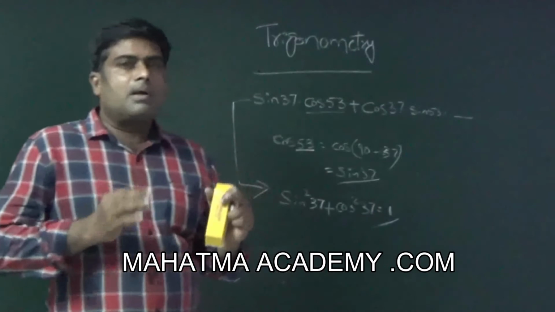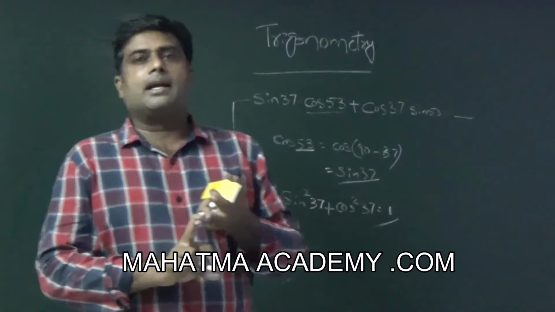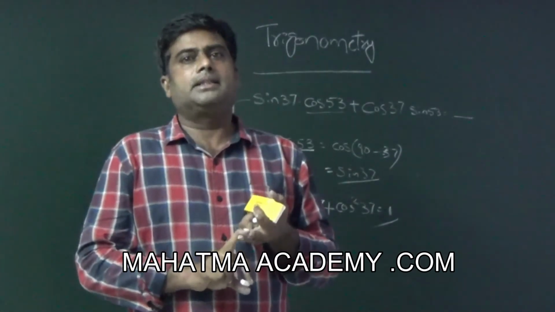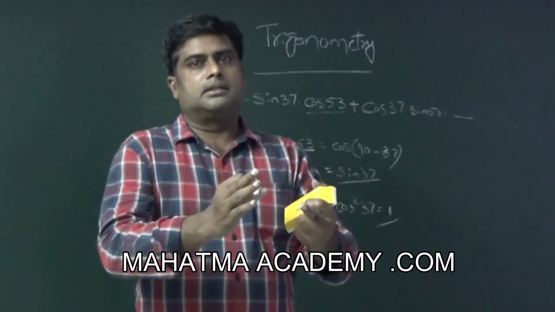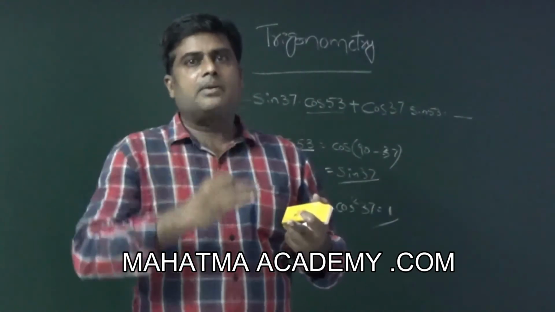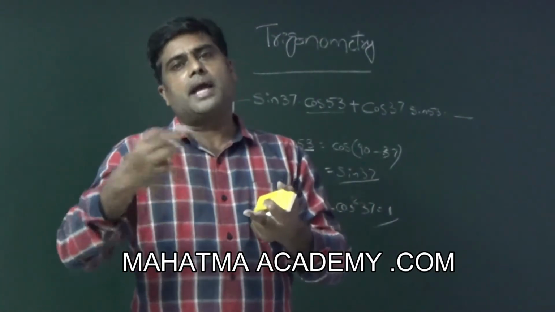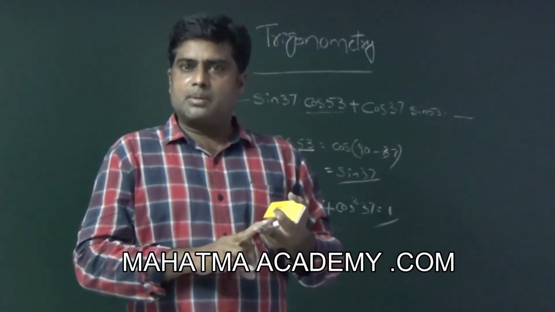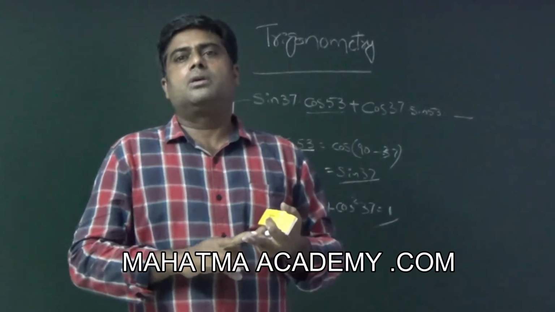The formulas derived here are for a right angle triangle. One is the right angle, and the other two angles sum to 90 degrees. The basic formula is sin square A plus cos square A equal to 1. Here, with 90 as one angle and A, B as the other two angles, what we derived is sin square A plus sin square B equal to 1, or cos square A plus cos square B equal to 1.